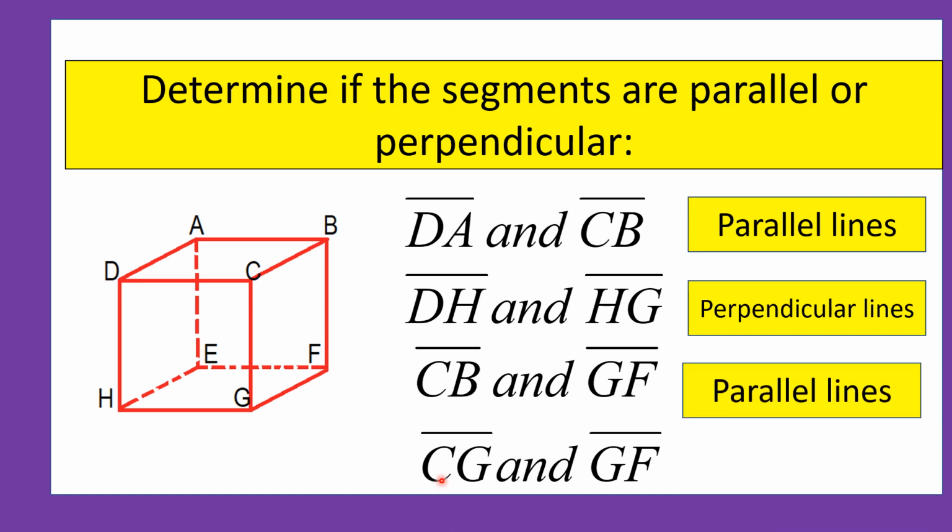Then we have another one, segment CG, and segment GF. That is a box. Therefore, this is a right angle. So we have